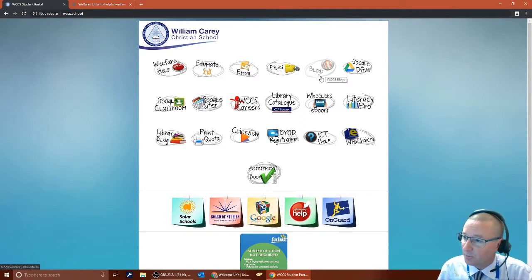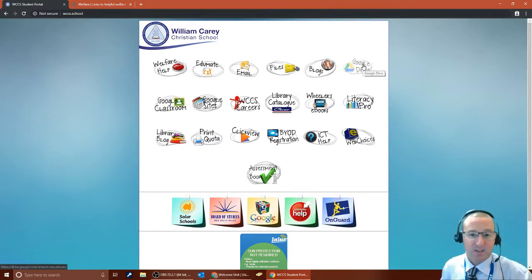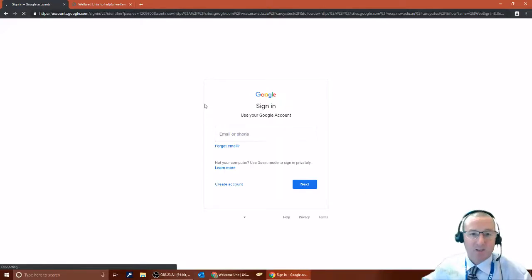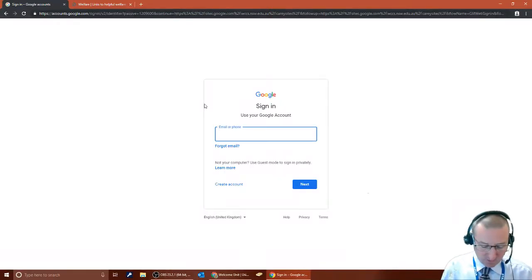Then we've got a link to Google Drive and Google Classroom right there. So Google Drive is where you can access your Google Drive files. Google Classroom, you can host classrooms with your students and post learning content to those as well. And then our Google Sites link, that's actually going to contain a whole lot of links to, if I log in,